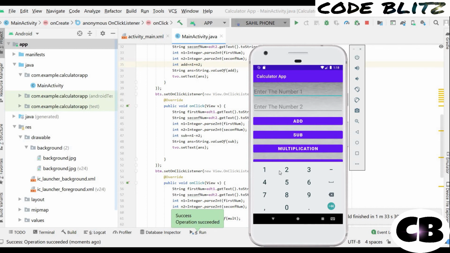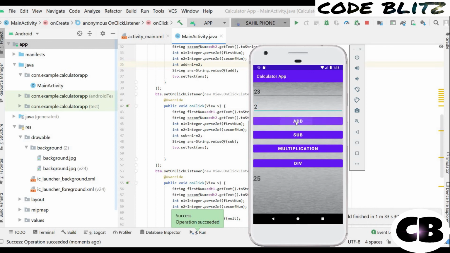When you click, it will show this option. I will write here 23. Then just write here anything you want. I will just write 2. Now let's see, is your add button working well? Yes, 23 plus 2, it is showing 25. Then subtract, it will show 21. And multiplication 46, division 11.